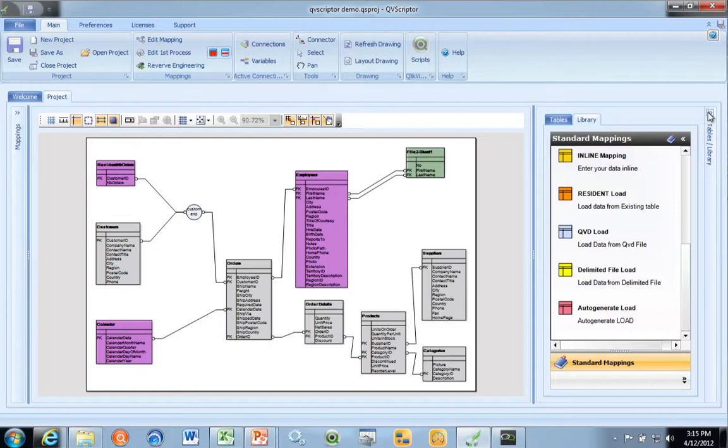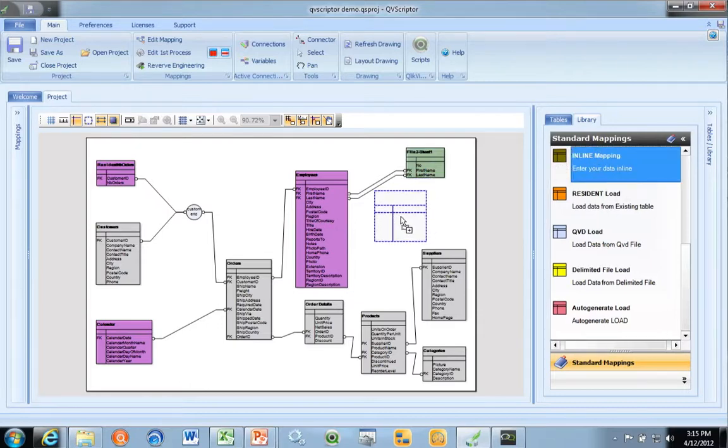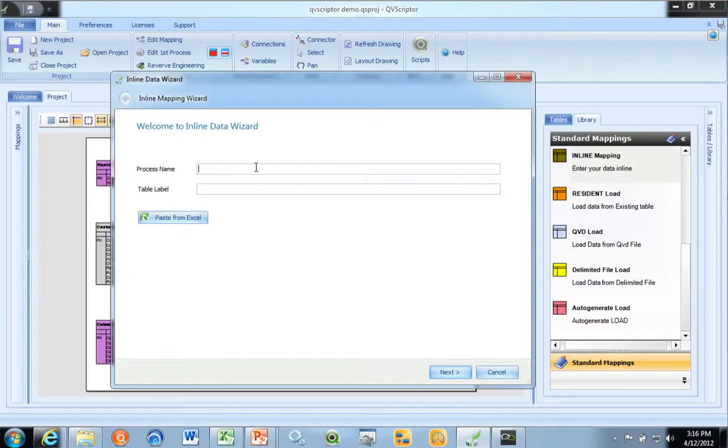An example of what we added is around the inline mappings, because of the complexity of actually writing them in QlikView. So I've got an inline mapping example here where we've got a title of courtesy field in the employees table, but we want to provide more information about that. So I'm going to drag in my inline mapping here, and then I'm going to give the table a title name.